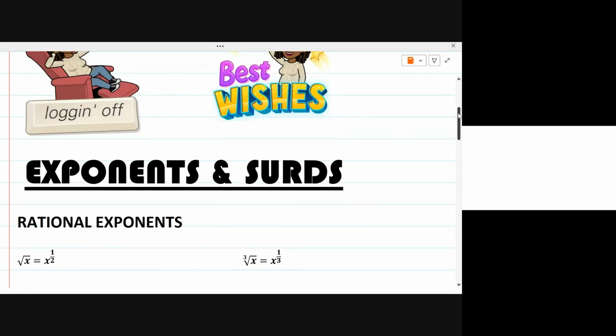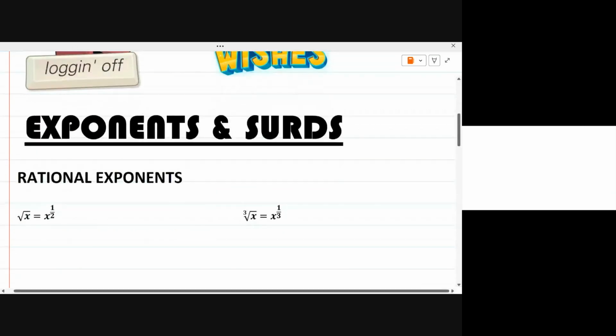Okay, so we're going to start with rational exponents. Now, when we say that something is the square root of x, we actually mean that it's x to the power of a half. Let me explain. In grade 8, when we were learning about